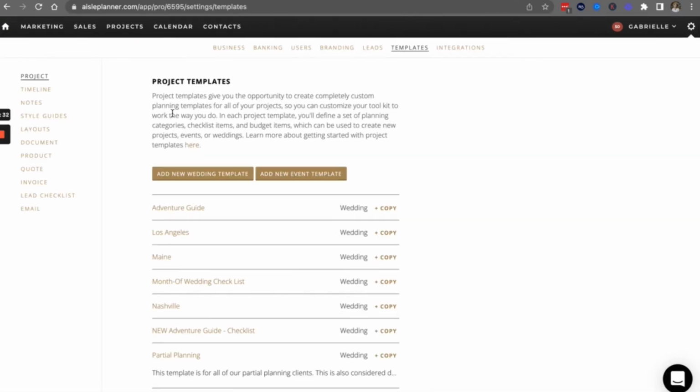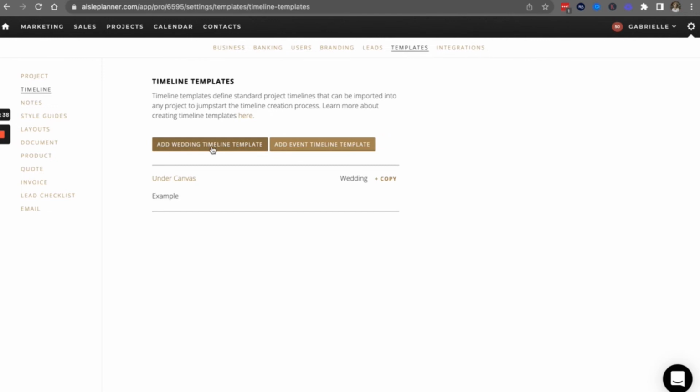The second part is, all of these options can be templated. So you can create a wedding timeline template, which is really cool. We haven't even played with this yet. I don't even think this is anything, to be honest. But you can add a wedding template or another event template. And that could just be something like,